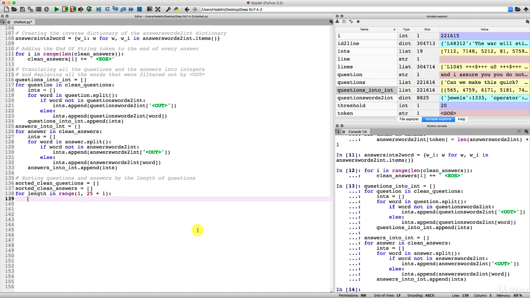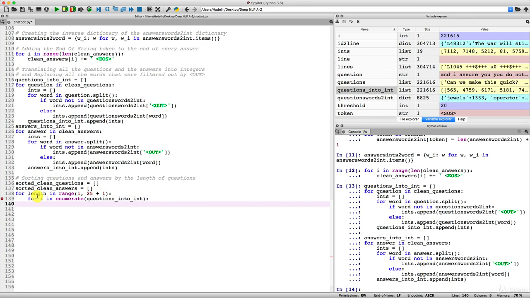So there we go. Let's start the second for loop. For, then we can choose any name for the loop variable and we will call it I. It's the usual name when using enumerate. For I in enumerate, that's the function, and questions into int. And colon, and let's go inside.